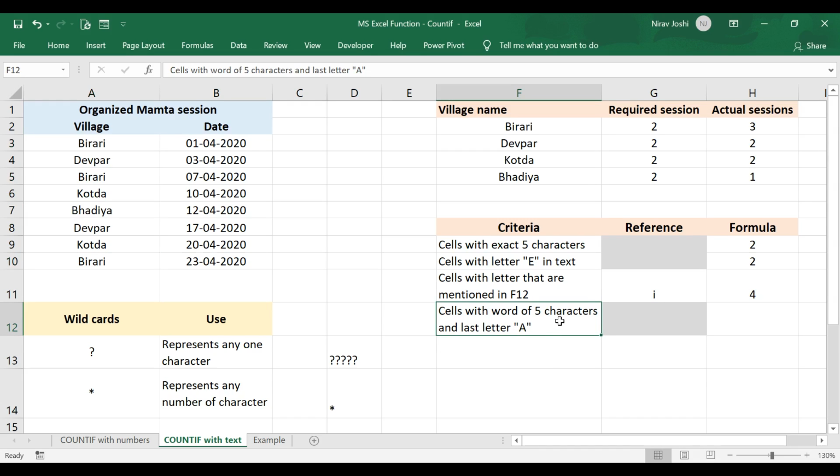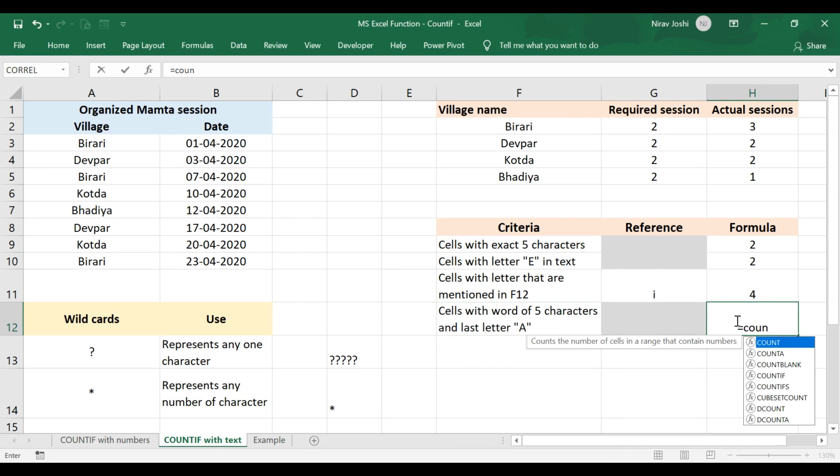Now the fourth criteria which we want to use is, we want to calculate the cells with a word of 5 characters and the last letter should be A. So as the number is specified here that we want to have 5 characters, we will be using question marks, and we also should have A as the last letter.